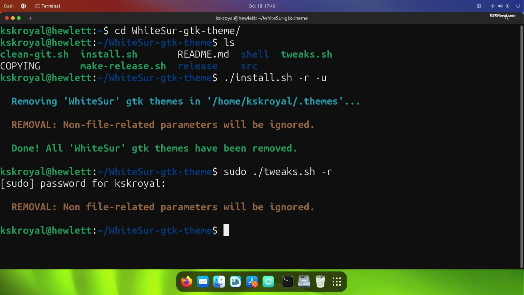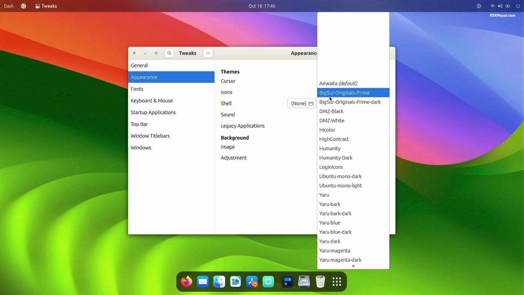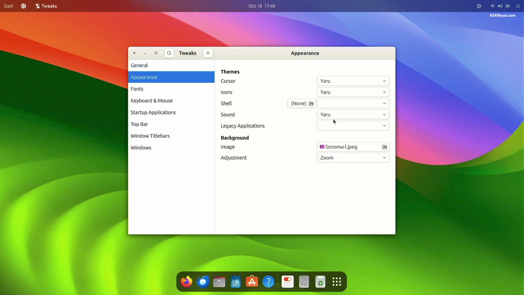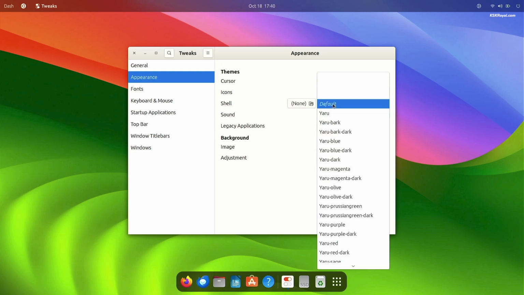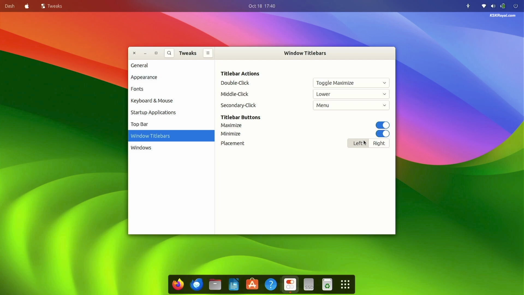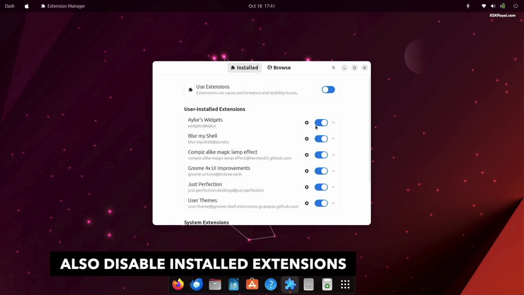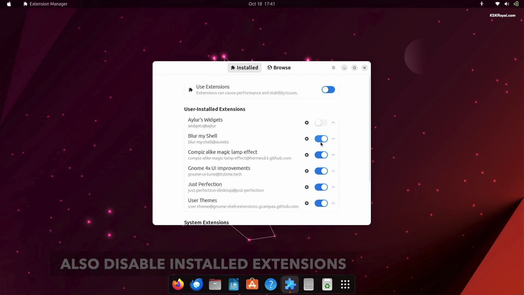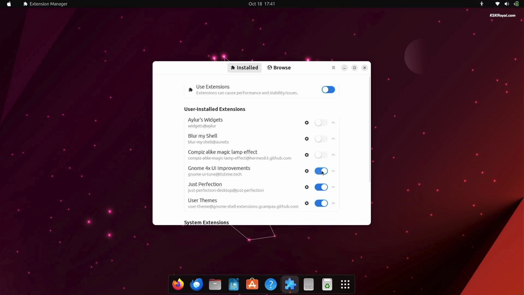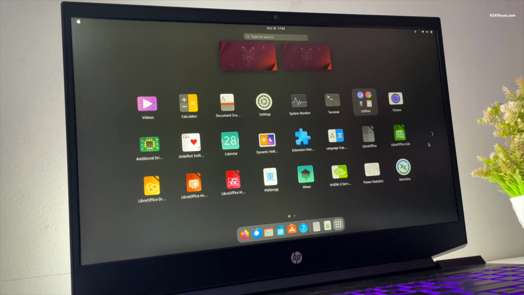Now use the Tweaks application to switch to the Yaru theme and finally reboot your Ubuntu system. I always recommend you use Timeshift backup to restore Ubuntu to its original state if needed.